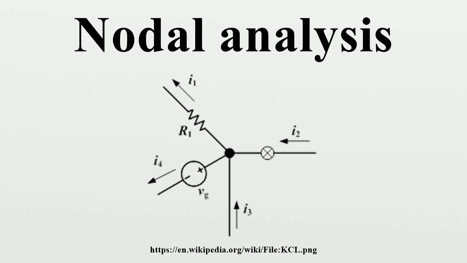This combining of the 2 nodes is called the supernode technique, and it requires one additional equation: V1 equals V2 plus VA. The complete set of equations for this circuit is, by substituting V1 into the first equation and solving with respect to V2, we get